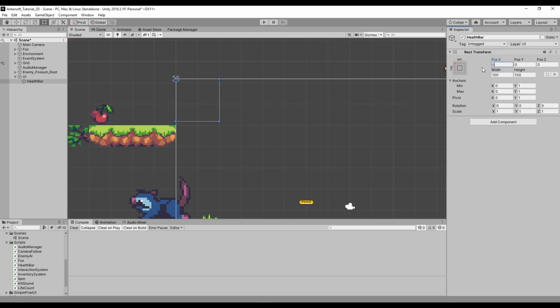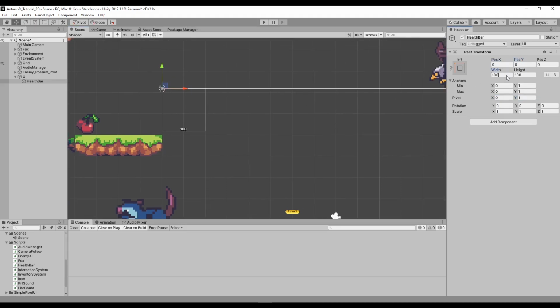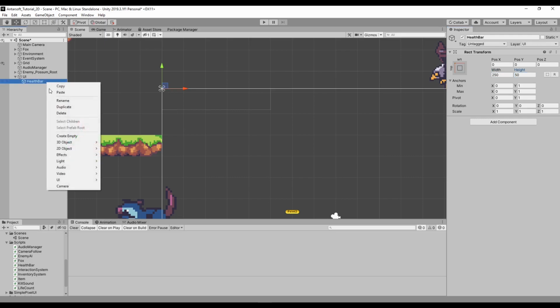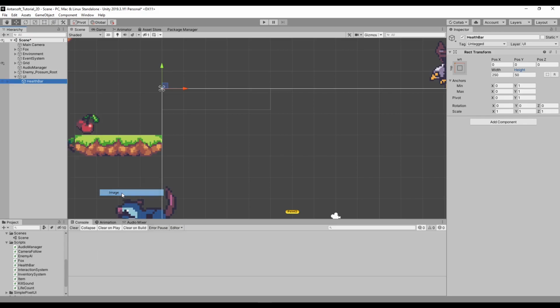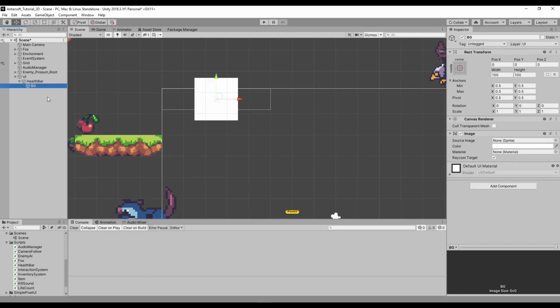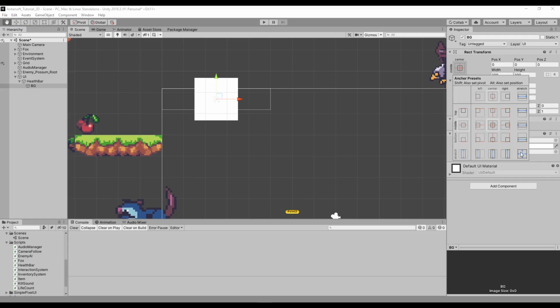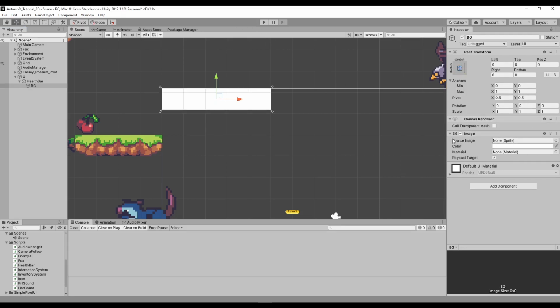So what that means is if I zero everything out, it's gonna be at the top left, you see, whereas if I keep this 0.5 0.5, it's gonna be actually in the middle. So I'm gonna make this 0 1 and we're good. The health bar doesn't need that much, so let's have this as 250, I guess, and then this will be 50. I think that's enough. Let's add an image. I'm going to call it background. We need to fill it. Keep clicking Alt and fill the whole thing. And because I don't want this background to be snapped like this, so let's have